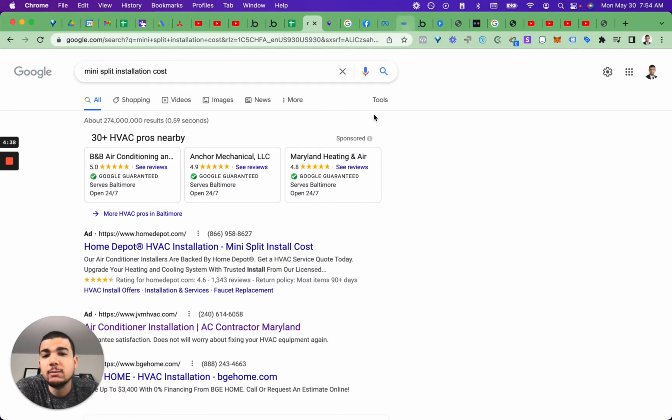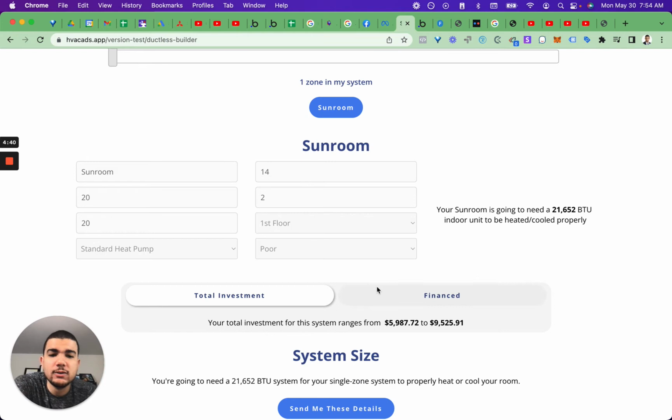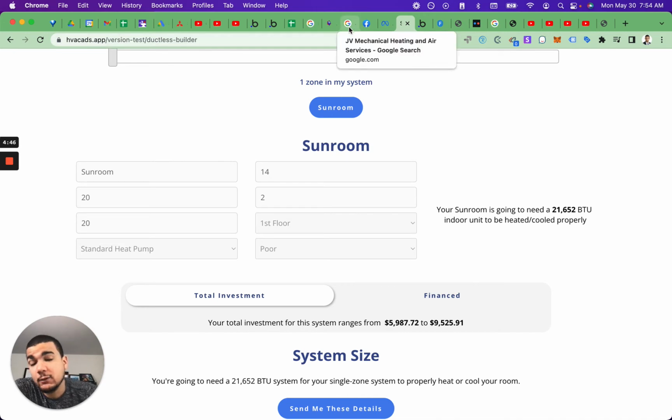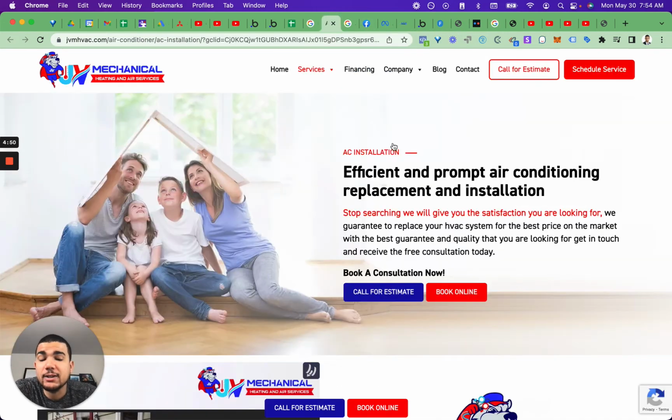You want to show them up front what it might cost for the mini split to be installed, and then reach out to them, give them a price, and then they reach out to you and schedule a time on your calendar. It's a little easier for people once they know up front what they're looking for going in. And we found it actually increases your closing rate